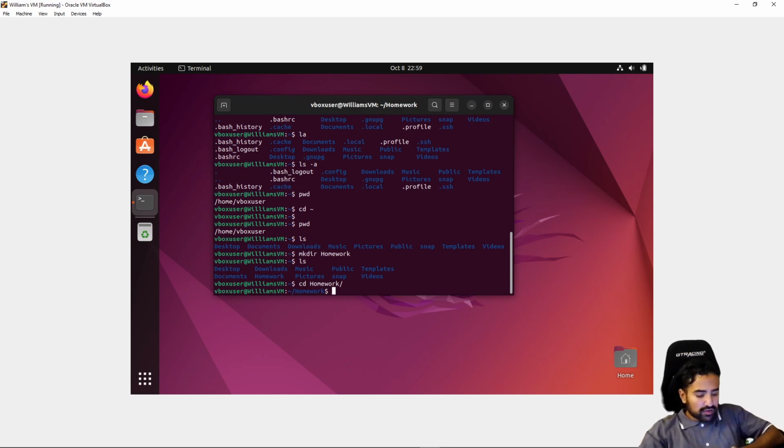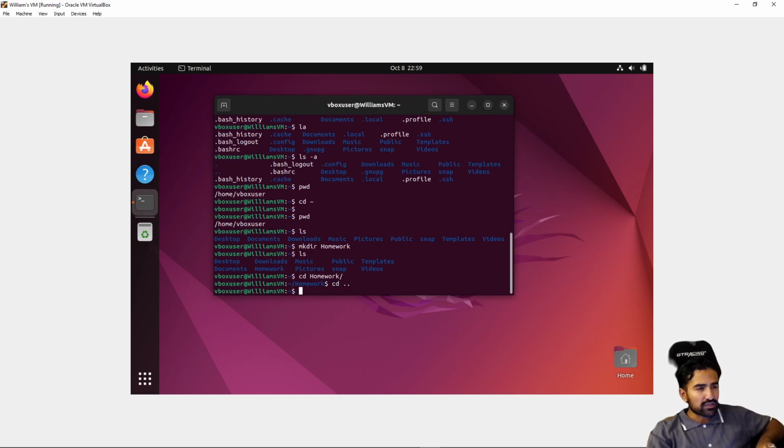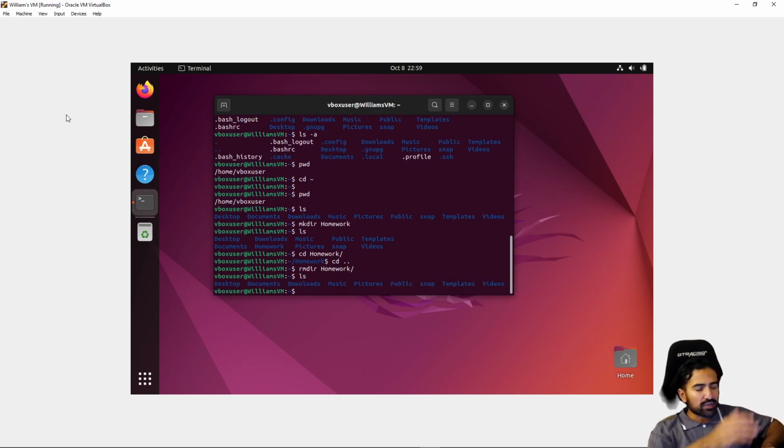So just like I made a directory, I can also remove a directory. So that's our next command. So you always want to be in the parent directory when you're deleting stuff. It's a lot easier. It is possible to navigate with the two dots up a directory, but always easier just to be in the parent. So I'm gonna move up first. I'm gonna do an rmdir. It's a little bit slow. Give that a second. rmdir, and then homework, and then we'll notice if I ls this time, there's no more